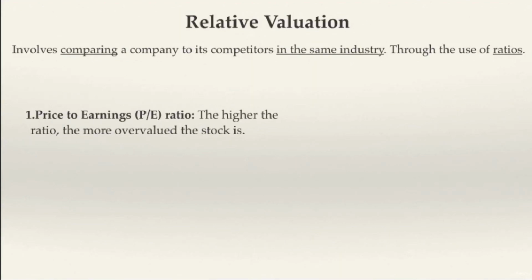Let's say Apple is trading at a PE of 20, which we can get by dividing the stock price of 200 by the earnings of $10 per share. On its own, we can't really understand its value, but if we compare it to Microsoft, whose PE is 25, we can determine that Apple is undervalued relative to its peer.